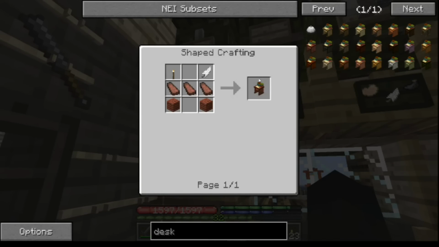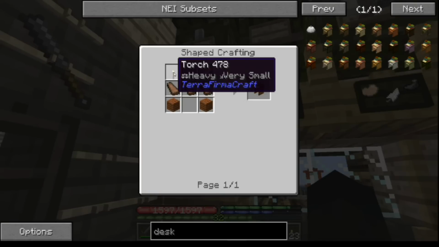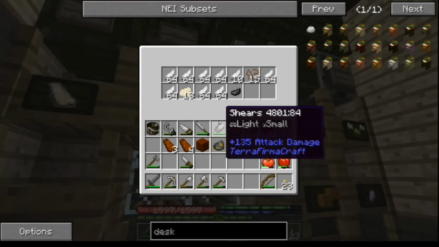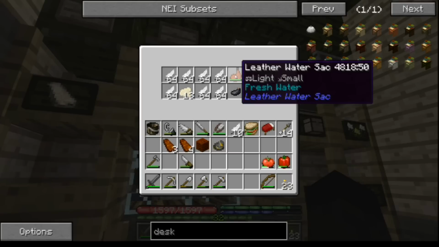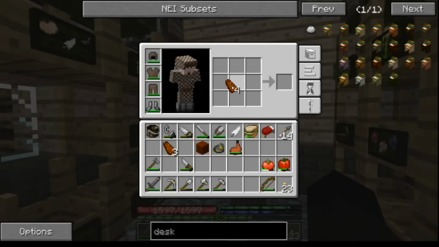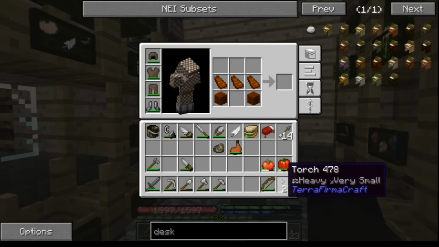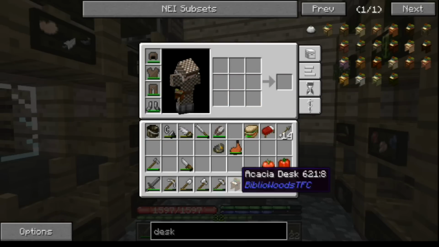So if we go and look at a desk, we need a couple of blocks, 3, so we need 1 block, 1, 2, 3, 4, and 1, 2, 3. We need a torch and a feather. Well, that's simple enough. Give me a feather. Yeah, that's not what I wanted. Give me a feather. So what we can do is get this thing going. Honk, plonk, and plonk. That gives us an acacia desk,